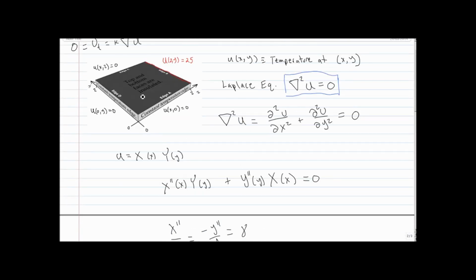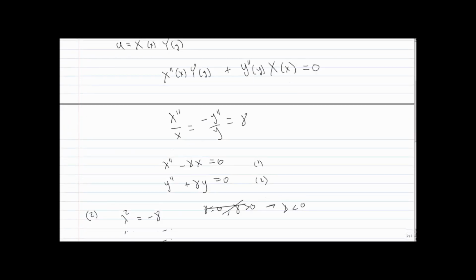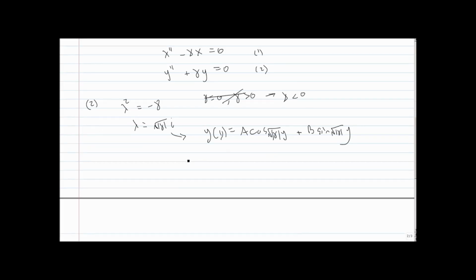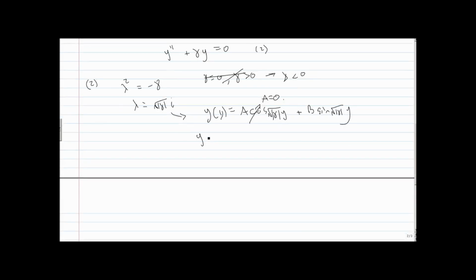Okay, so now is when we have to introduce these boundary conditions. So we have when y is 0, our function equals 0, and when y equals 2, our function equals 0. So when you plug in those boundary conditions, you find out that when you have y equals 0, you have 0 here, so this term goes to 1. Sine of 0 goes to 0, so you have a equals 0. Our other boundary condition is that when y equals 2, a is 0, so I'm not going to write the cosine, you have the sine of